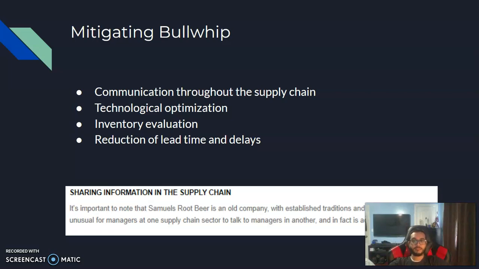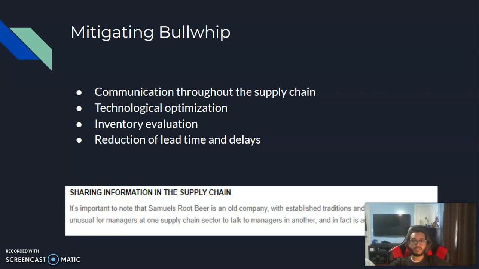The next technique to minimize the effects of the bullwhip is inventory evaluation. This can be done in-house. This would include someone conducting routine evaluations and examinations to optimize the company's inventory. So similar to an ERP system, just done manually from within the company, as well as looking for ways to optimize the supply chain. This person would be a supply chain leader and be in charge of ensuring minimum and maximum inventory for root beer. A min and max amount of inventory will prevent ordering too much or ordering too late.